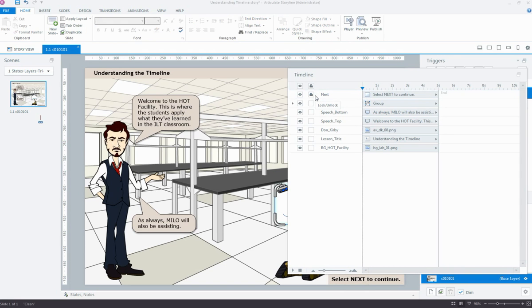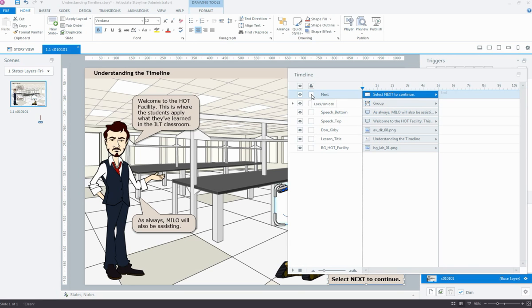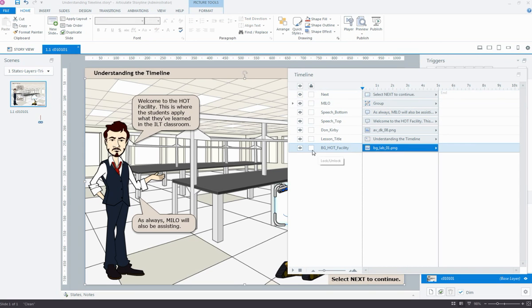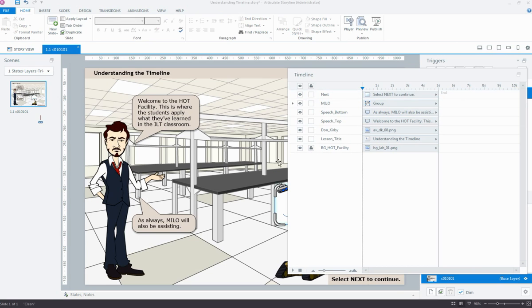Next, we have the lock box, and when I select this box, you'll see this little lock icon show up in the box. That's relatively self-explanatory, but what happens is if I select that lockbox, that particular item is going to be locked down and you can't move it or edit it or anything else. Now, most of the time you're not going to need to mark an item as locked, except for the background image. And the background image is located down here at the very bottom of my timeline. And I'm going to go ahead and select the lockbox on that, and what that does is my background image now that I added to this slide, which again was the first thing that I added,